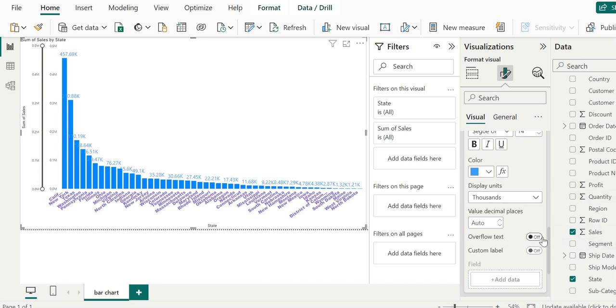See, if I turn this on, then if there is an overflow of text here, it will be adjusted. There is also a value for custom label. If I click here, you can see the label has been removed. So I will go back.